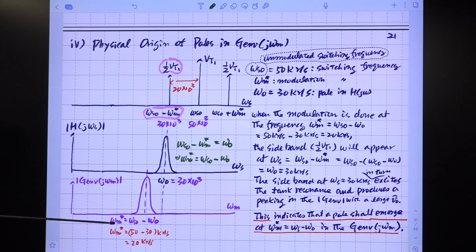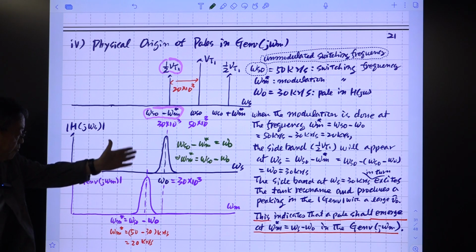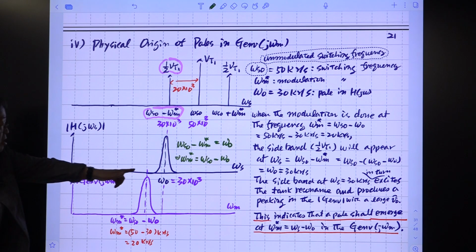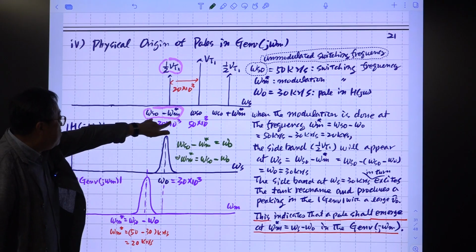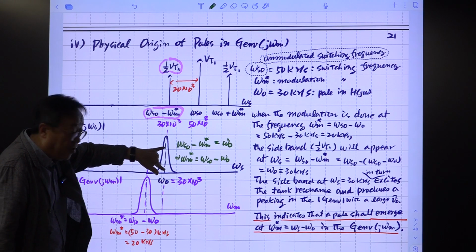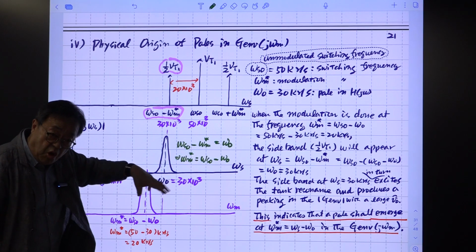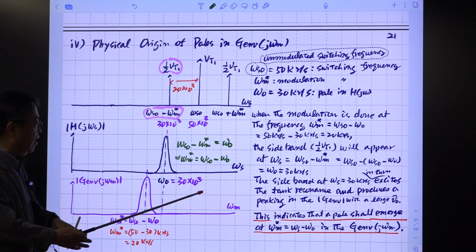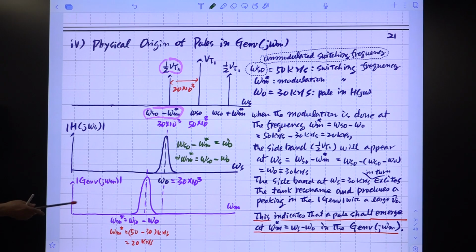So this omega m star, at this frequency, we should have this double pole because this sinusoidal component triggers this resonant frequency and something is coming up at that frequency. Then if you take a look at that phenomenon in this axis, at this frequency, there is a pole. Okay? So the pole occurs at this frequency, omega s minus omega naught.